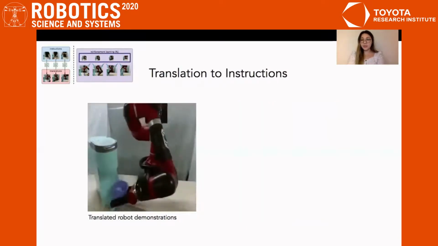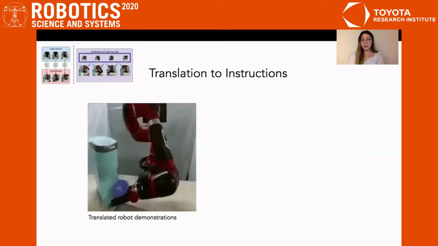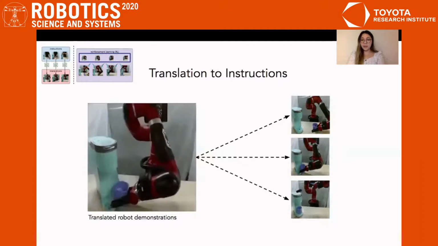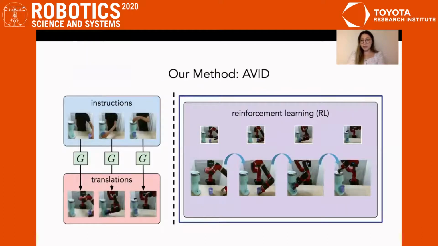Once we have these videos, we segment them into instructions. In this task, for example, the instructions are to pick up the cup, place it in the machine, and then press the button on top. Now, how do we learn from these instruction images? Since we're learning on a real robot, there are some practical challenges in applying RL, which we address with our stage-wise active learning procedure, including learning efficiently and with minimal human intervention.